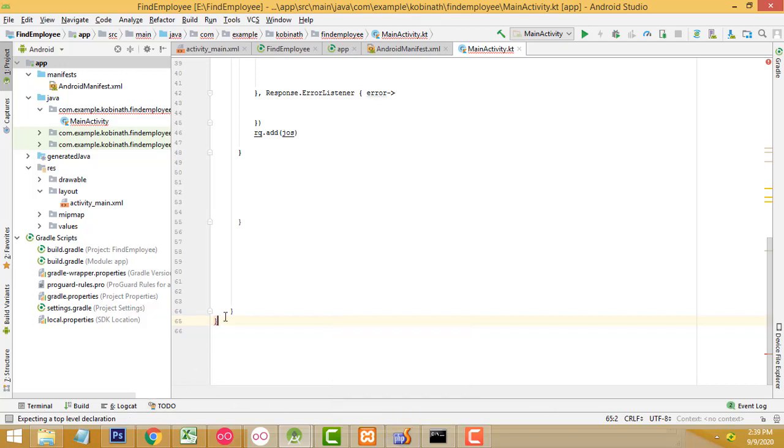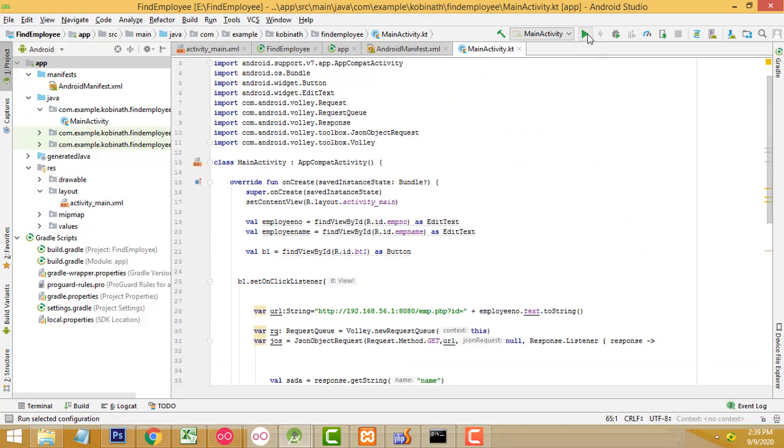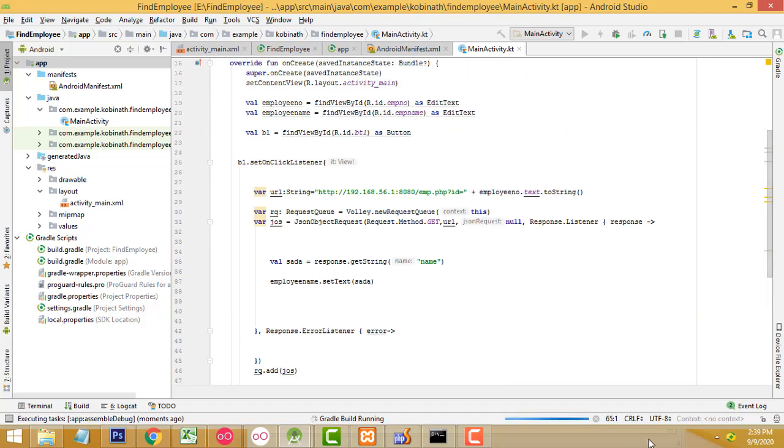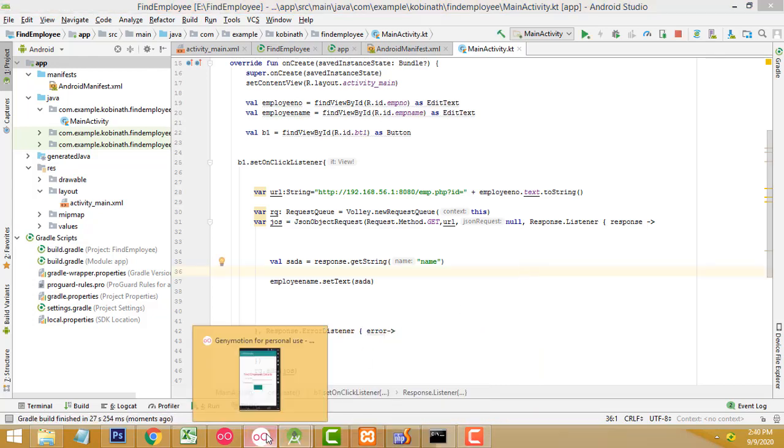The error is this bracket, we don't need it. We have to close it and build the program again. Gradle we have to build. Now let's check, Gradle finished successfully.